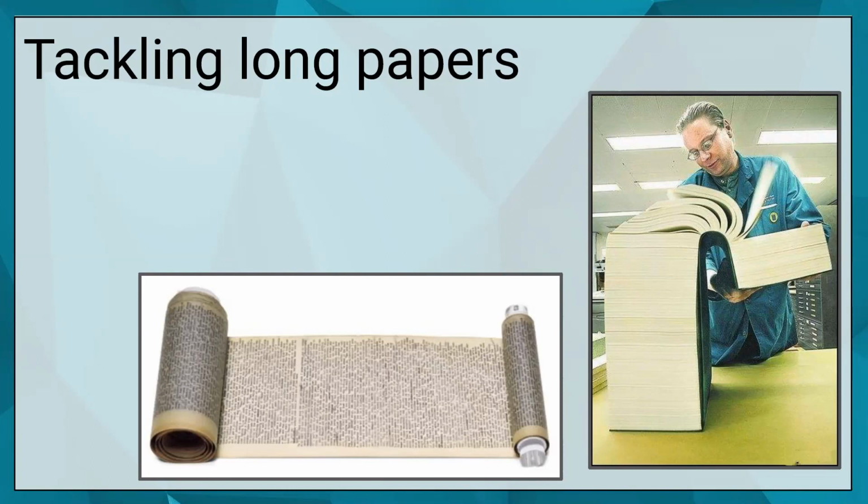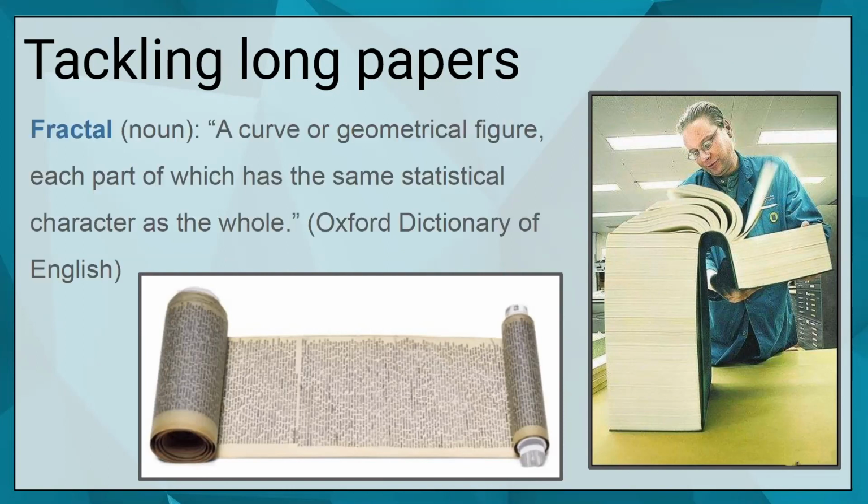But what to take away from that is what you can see here, that there are repetitions of forms. On the left-hand side, we've got different kinds of pages. On the bottom, we've got one scroll, and you can clearly identify the beginnings of a paragraph and the end of a paragraph, etc. So when thinking of writing long assignments, tackling long papers, a useful word to think of here is the word fractal, which is a noun.